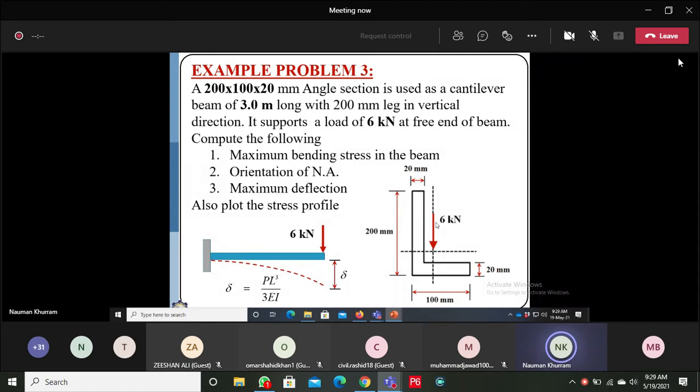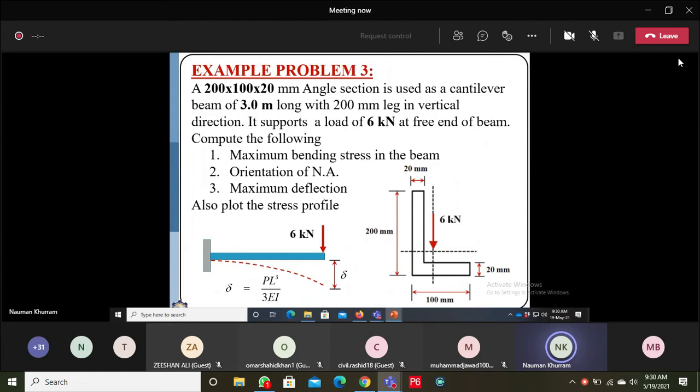It means that if the load is not passing through or acting parallel to the principal axis, the beam or the cross section will undergo biaxial or unsymmetrical bending. In this case, the very first step is the determination of the orientation of principal axis. To determine it, we require geometric properties about centroidal axis first. Then we can use the transformation equation to transform all geometric properties and loading from our given reference